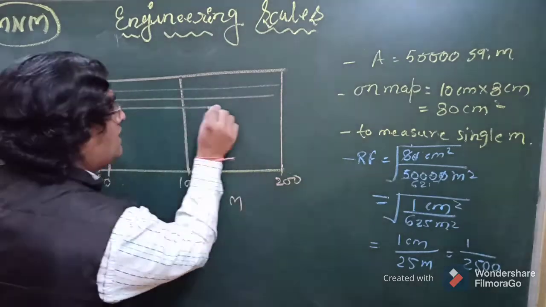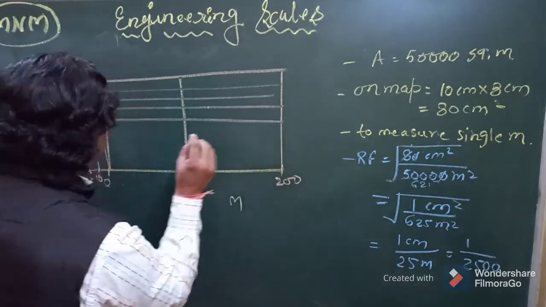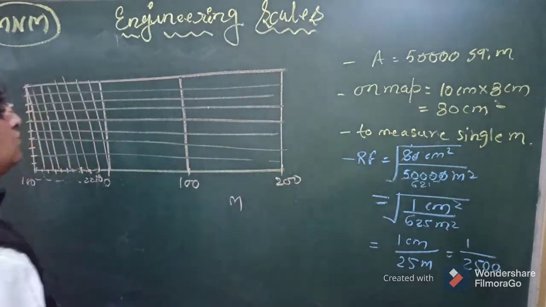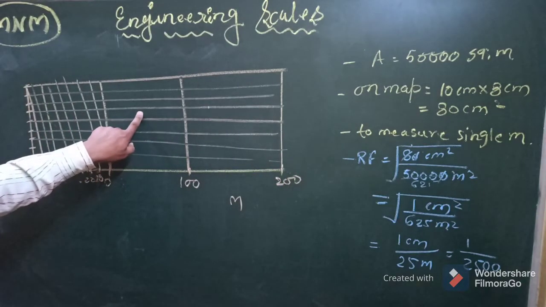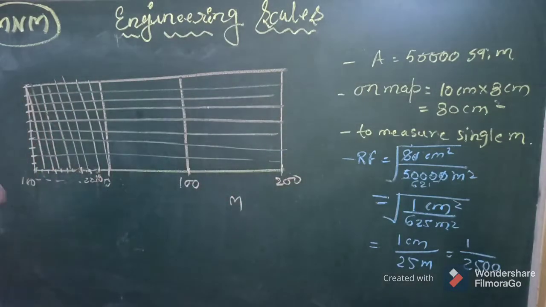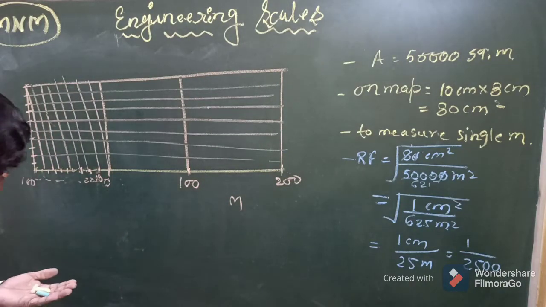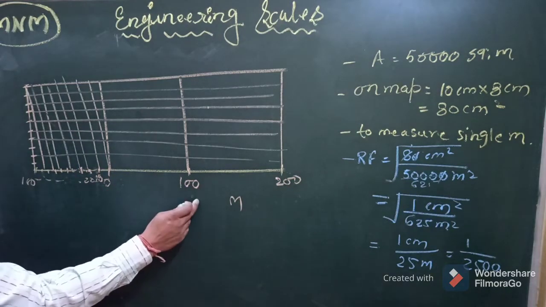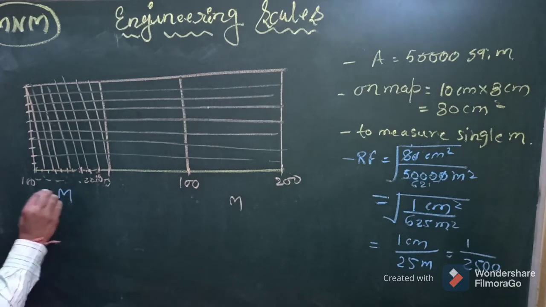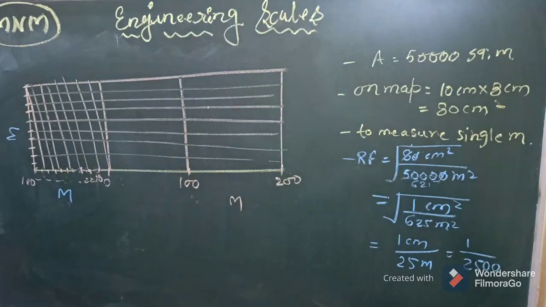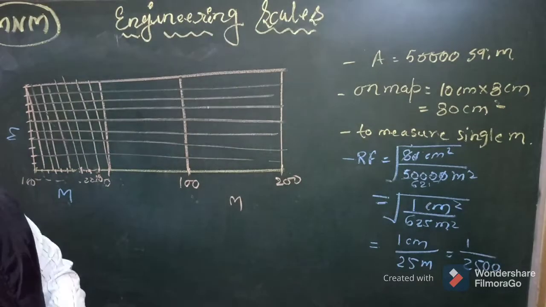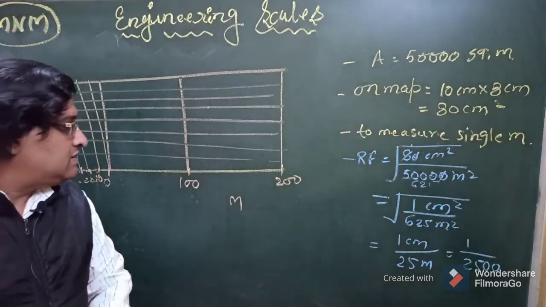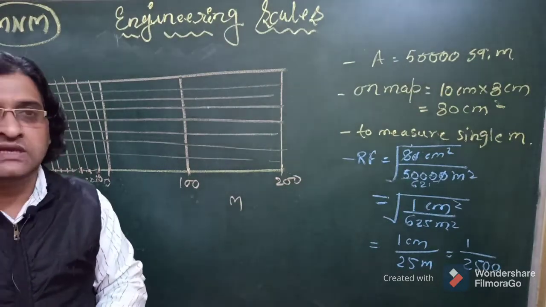Now remember, these horizontal lines must be a little bit lighter compared to the other construction because we have to show the dimensions on these horizontal lines. So these lines may be kept a little bit lighter, and construction work no doubt should be lighter. So in this manner you can complete the scale. Here it is hundreds of meter, here it is tens of meter, and here it is single meters. So in this manner this scale may be drawn, and whatever the dimensions to be shown on the scale can be shown here. So these are a few examples for diagonal scales in this video.